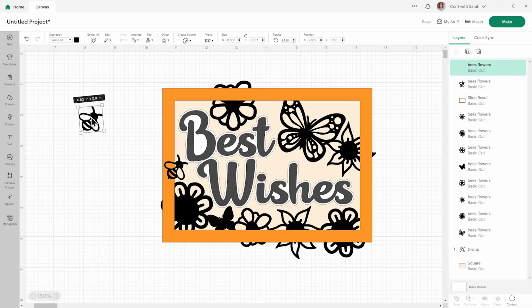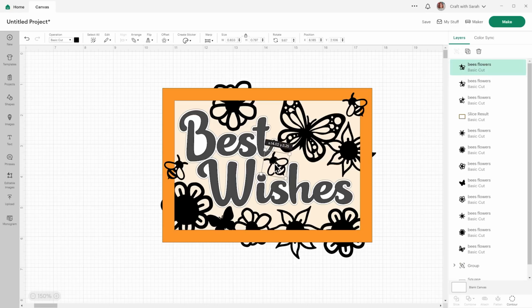I think I'll put another bumblebee over in this corner, which again I'll stick on separately. And maybe one more. Actually, I'm not going to make that a little bit smaller, otherwise it'll be really hard to line up the layers when that's done, but he should just about fit.